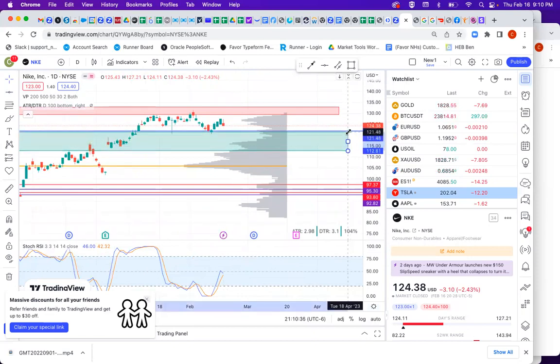There you go. Make that a little bit wider. That's my buy zone. It's a little bit wider, so we got a tighter crest in here. I'll pull it back down if we drop lower. But it didn't quite make it back up to my sell, and it's already selling back down. Again, we want to see if it bounces or comes back down, and that's why I took the Nike